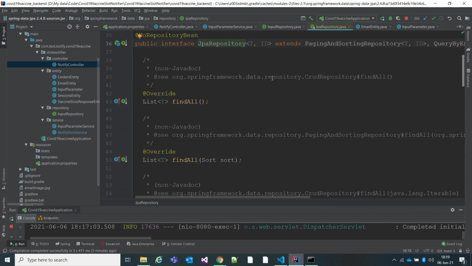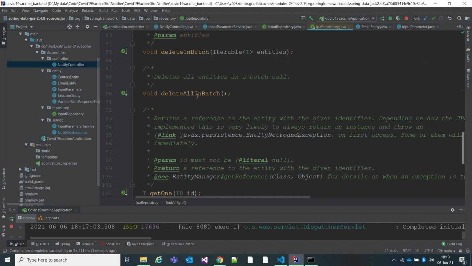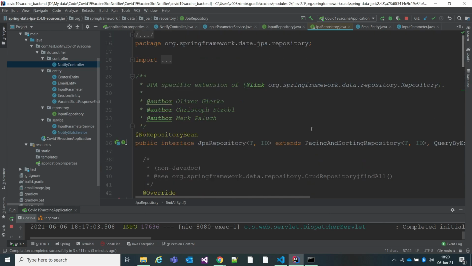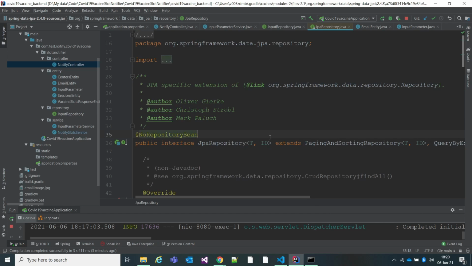If you come here, see the JPA repositories: default methods are provided like find all, find by ID, and all the CRUD operations like put, post, read and delete can be performed here.